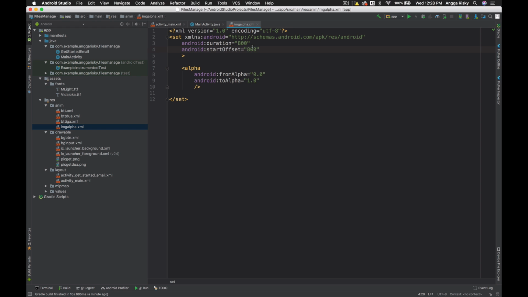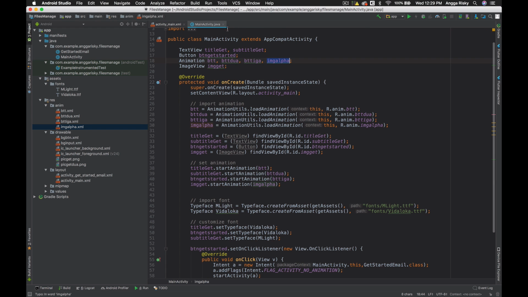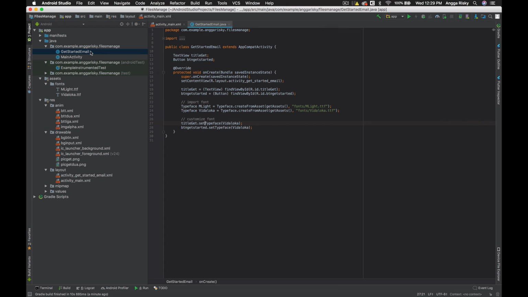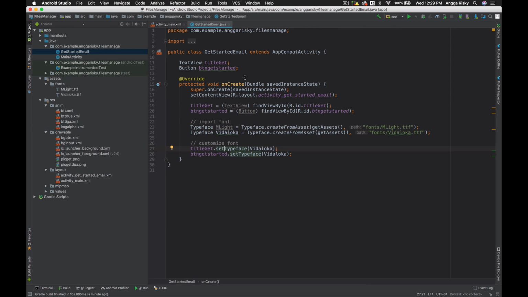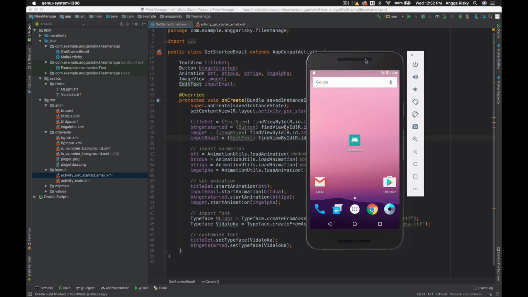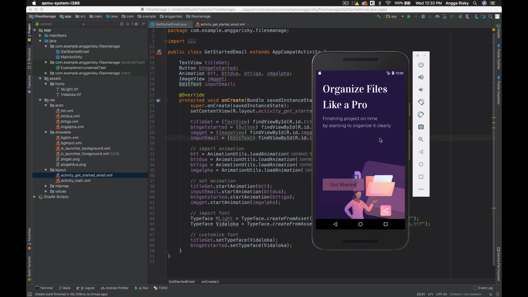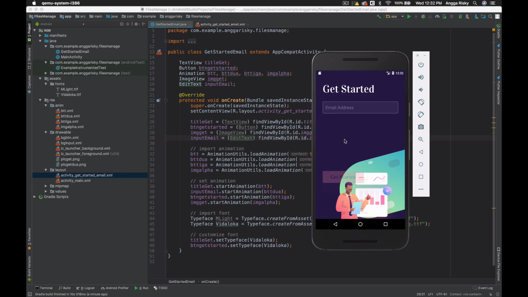Okay, but the offset supposed to be 800. All right, so I think that you just need to go to get started, and then you copy all of them from the main activity. Okay, so when I open this files manage 1 2 3, wow, the design looks amazing, right?